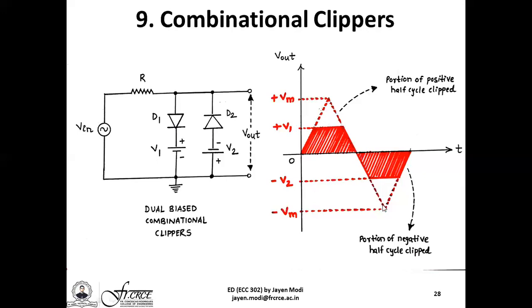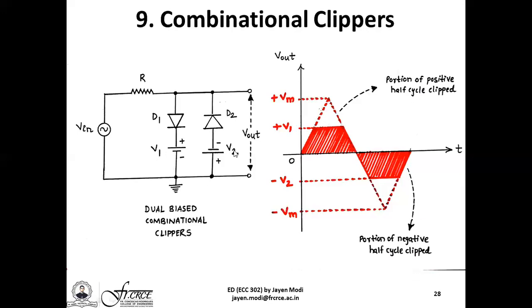Similarly, during the negative half cycle, you have the topmost terminal as minus, the bottom part as plus. Since minus is connected to the anode of D1, D1 turns completely off. But only when the AC input signal during the negative half cycle becomes more negative than the DC reference voltage V2, diode D2 will turn on. It will act like a typical short circuit, and you have the entire battery voltage V2 obtained across the output terminals Vout. So by changing the values of V1 and V2, you are able to clip a small portion of both the positive half cycle and the negative half cycle.